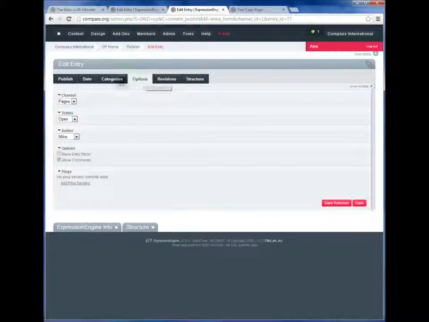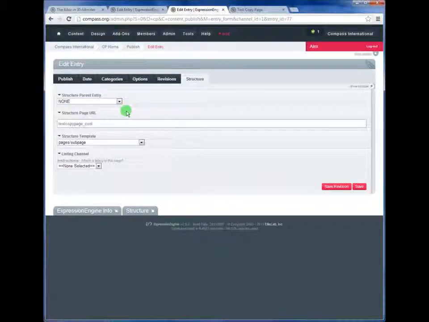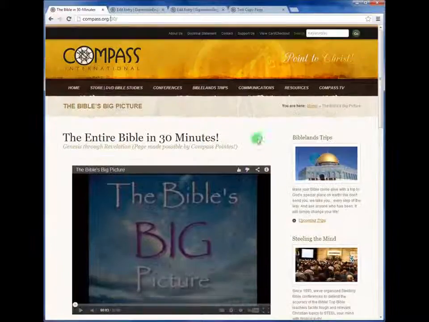You can change under options. You can make this page disabled by selecting closed. Basically, it'll still be there for you to edit, but it won't show up if somebody tries to visit it. And then under structure, there are various templates that you can do, but we're just simply copying this,